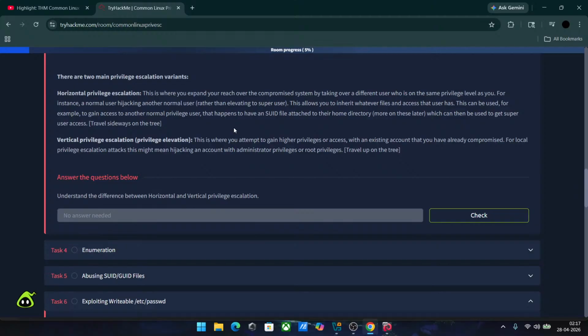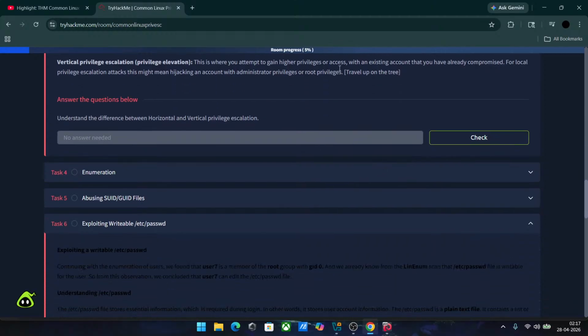Vertical privilege escalation. This is where you attempt to gain higher privileges or access with an existing account that you have already compromised. For local privilege escalation attacks, this might mean hijacking an account with administrative privilege or